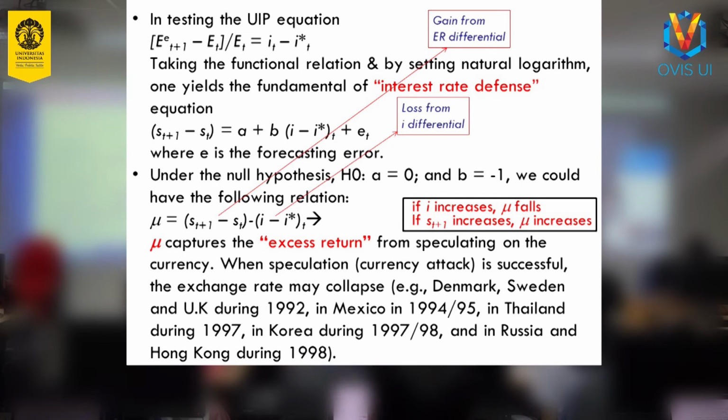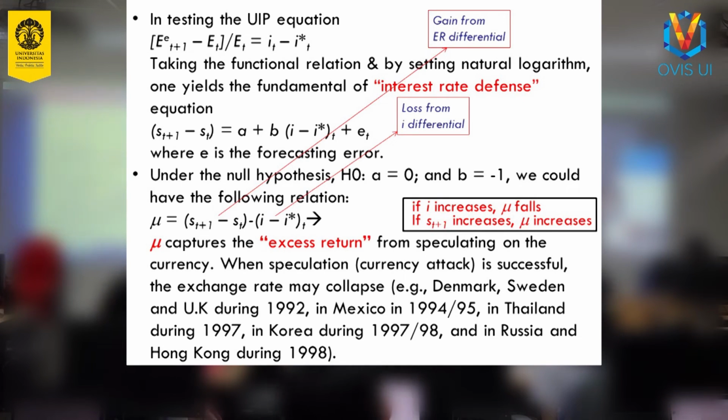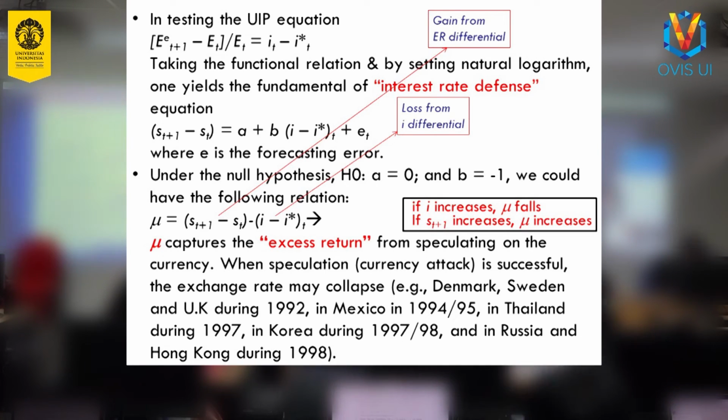So basically, there's a concept which is called the excess return. So pay attention to this, the mu here. Okay. So if you look at this mu, let me mention what is here, what is here. Here is the difference between the expected exchange rate and the actual exchange rate. So that's the gap between expected and actual, okay? And here is the difference between the domestic interest rate and the foreign interest rate. So this is what they call the interest rate differential. Okay? So,